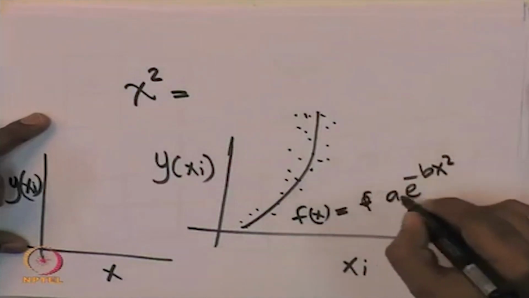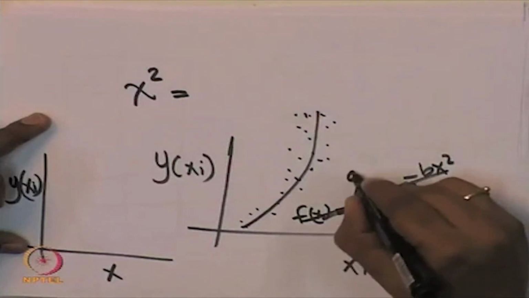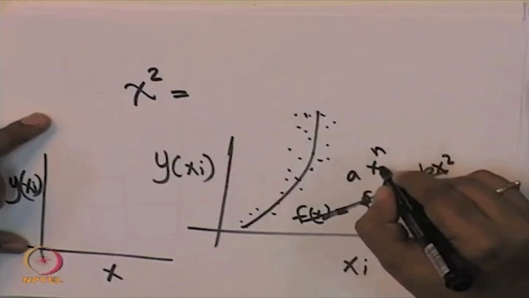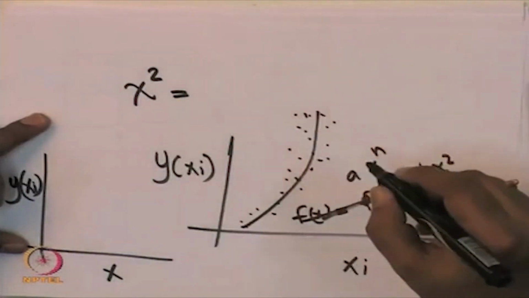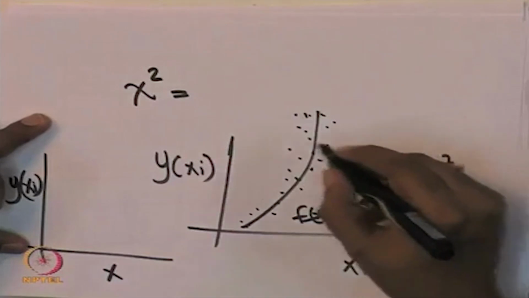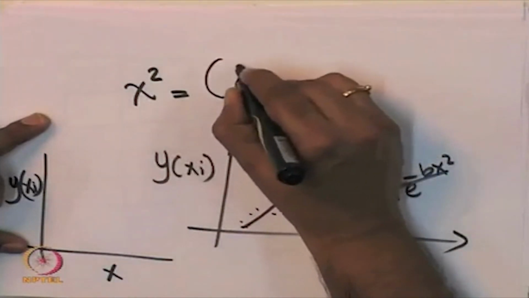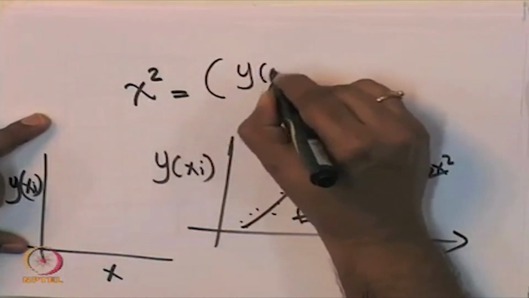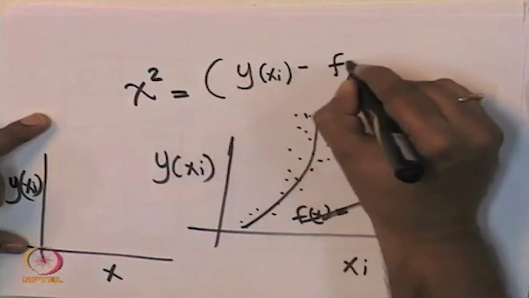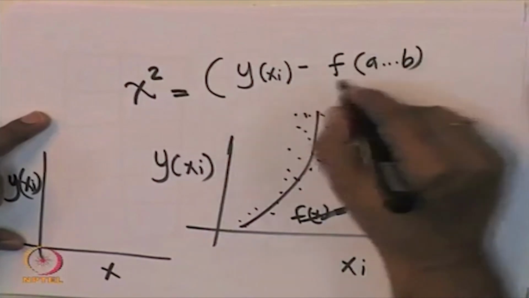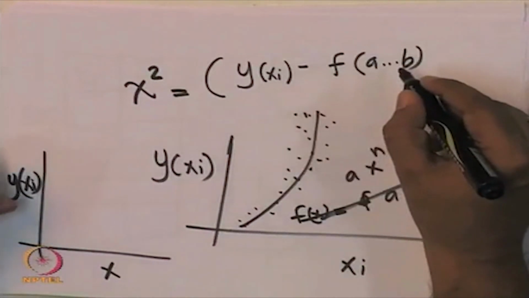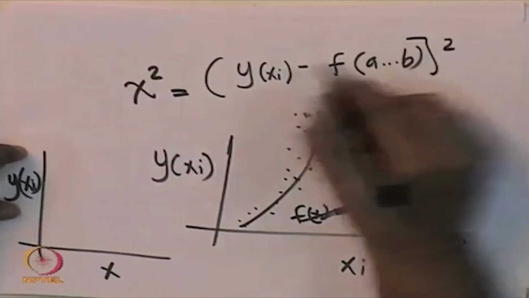a x square. Here this looks like a x power n, in general some function, it could be any function. So, chi-square is the experimentally measured y data minus this function which has the parameters a, b, c, etc. You can write these parameters. So, this difference square,